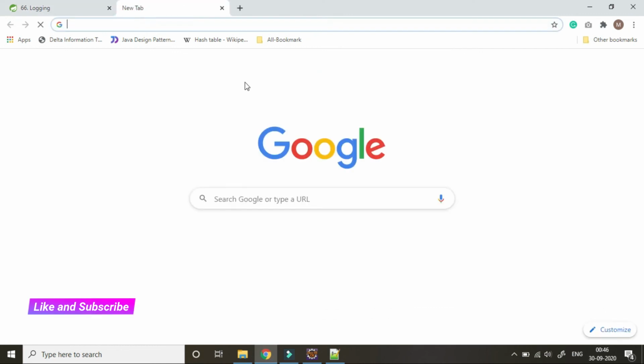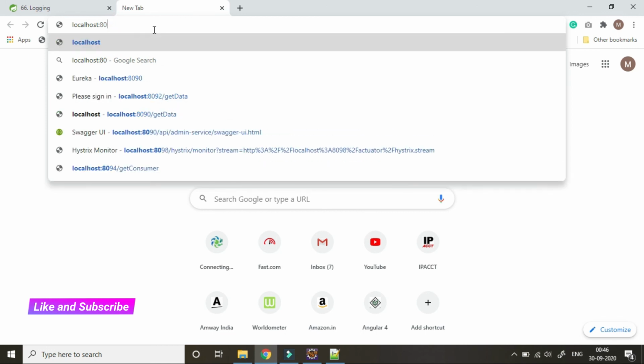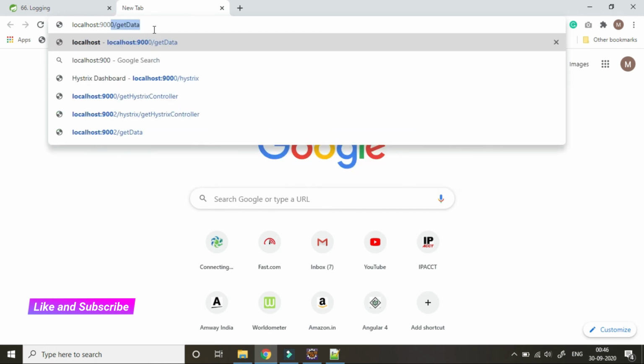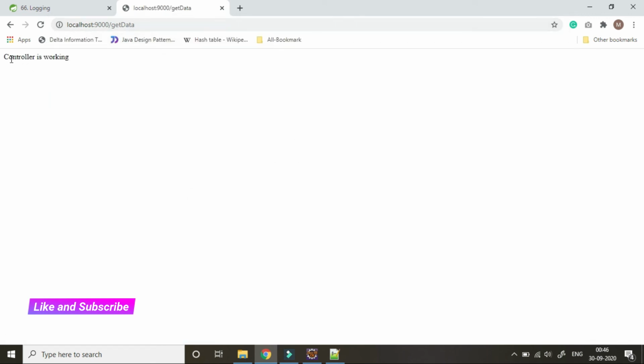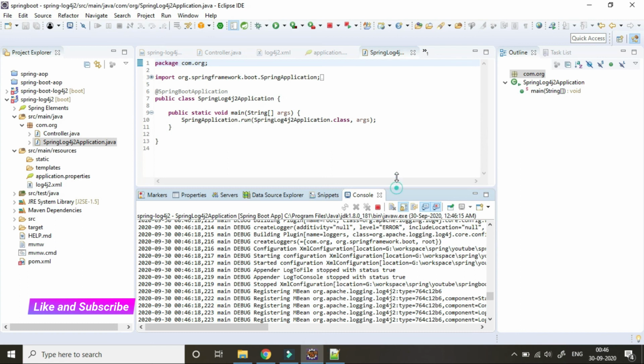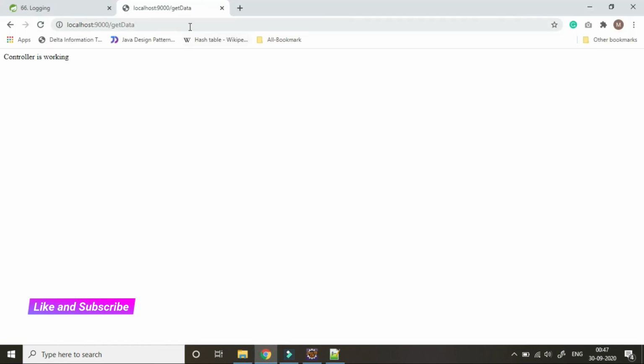Now we will hit localhost:9000, then get data, enter. So the controller is working. Let's see what's happening in our console as well as the file. I will clear it and hit again.